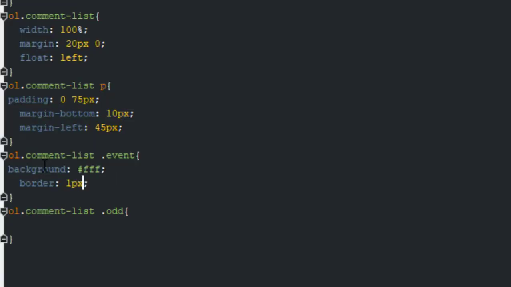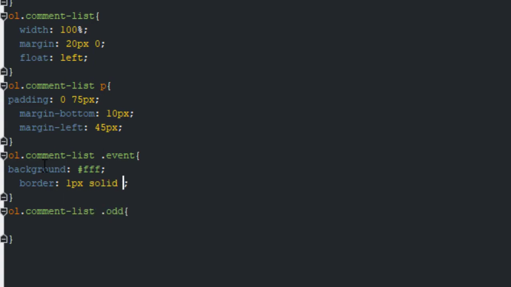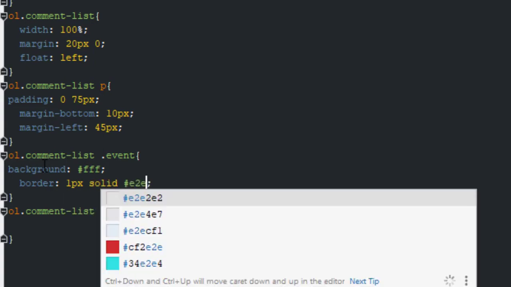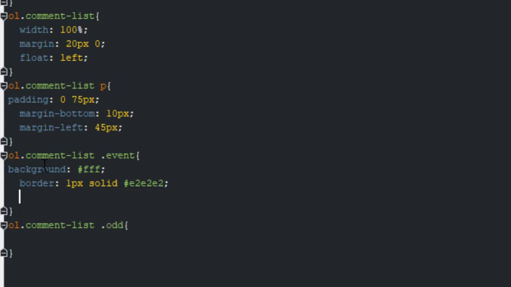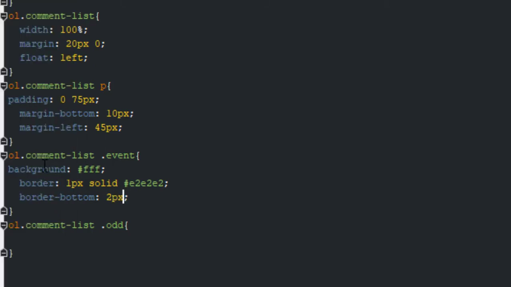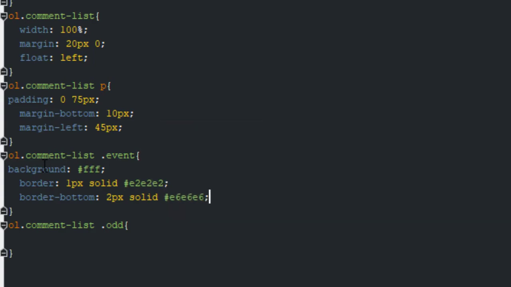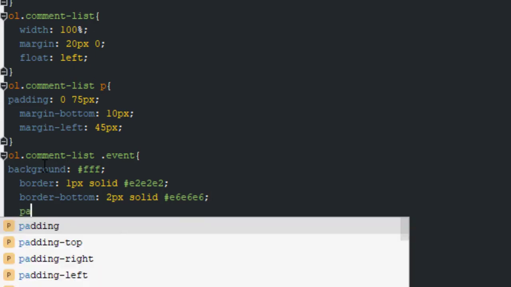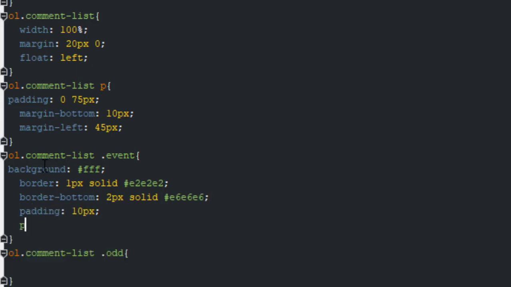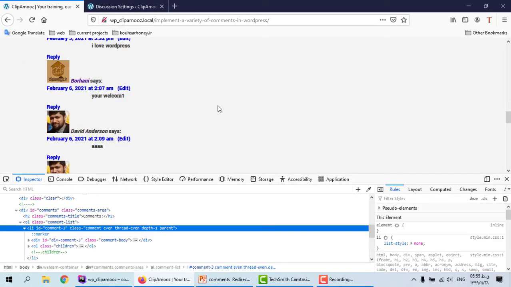1px solid and E2 border bottom 2px and solid E6 E6. Okay, padding and position, refresh. Okay,